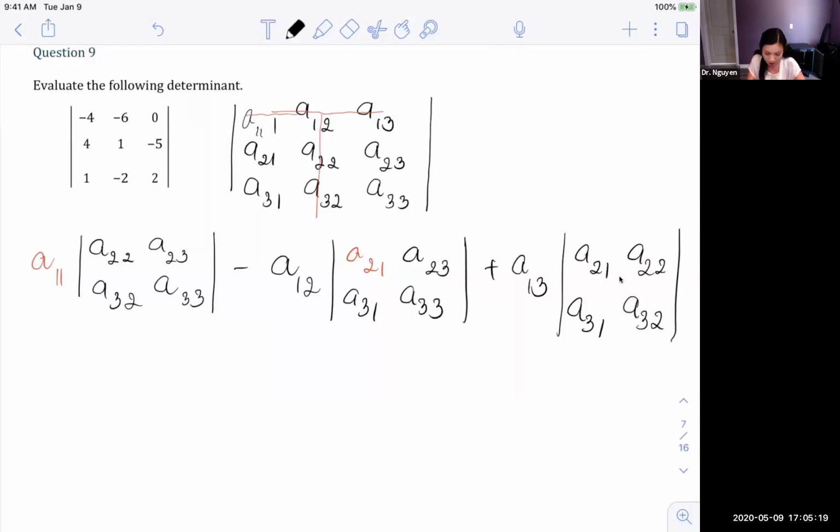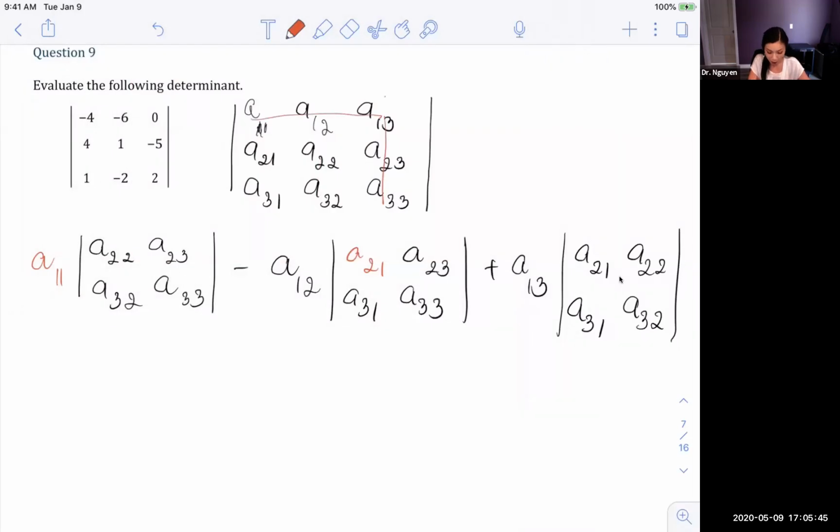Okay, so let me just rewrite first. A11, A12. So we pick this one and you cross,